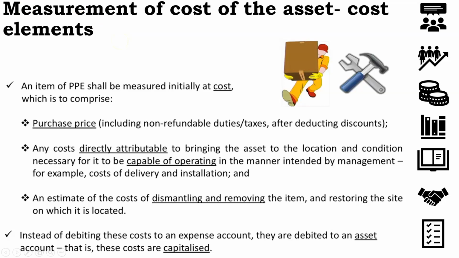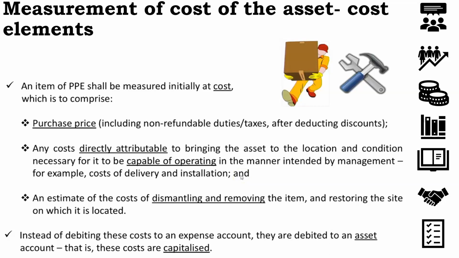Therein, we saw that the purchase price, that is also known as the list price of the asset, is included in the cost of the product. Also, the taxes that we pay while we incur cost on the purchase of the product are also included in the component of the cost, and the trade discounts that are allowed to us by the shopkeeper are deducted from the product. Also, any costs that are directly attributable to bringing the asset into the location and condition necessary for it to be capable of being operated. Therefore, the example says that the cost of delivery and installation are included in the cost of the product while we record them into the books of accounts.